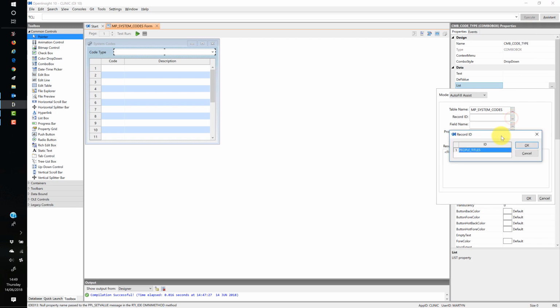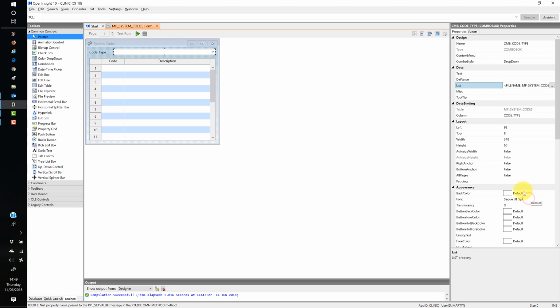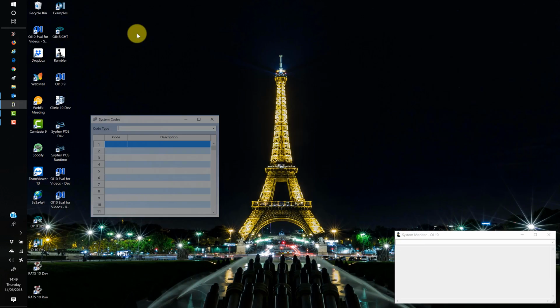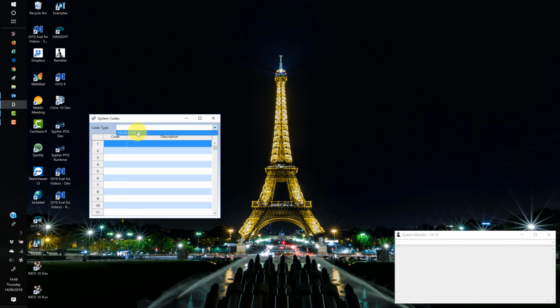And the record ID, we don't need to have that. So the field name is going to be code type. We could have a program if we wanted, and I'm going to sort it ascending left, and it builds this string for us. So if we then click OK, and we now test run the form, now we get our people titles, and we've selected it, but we need to tab off to actually get those